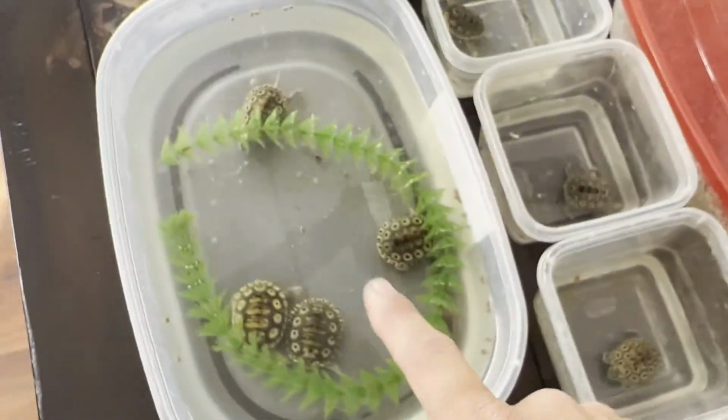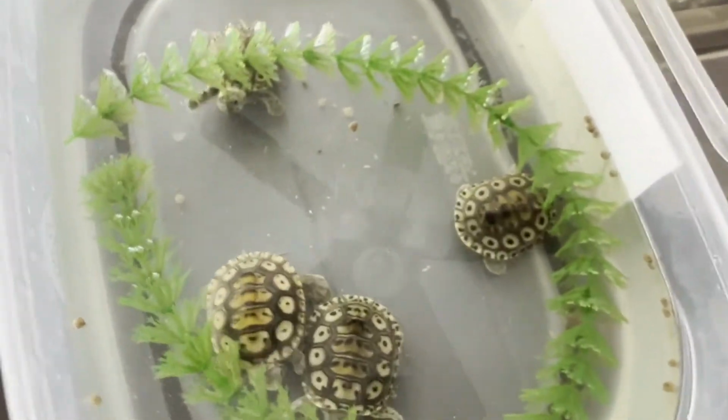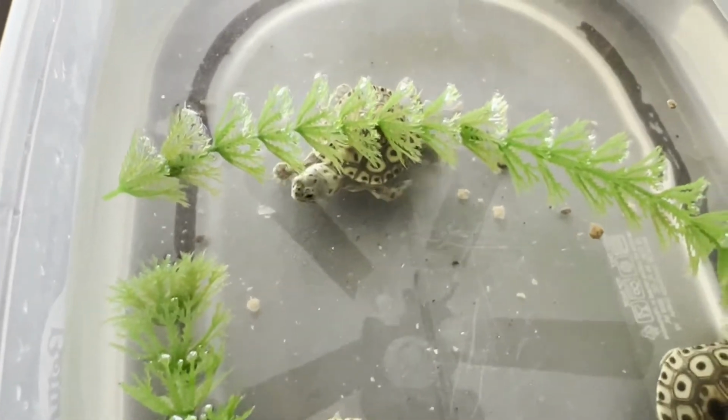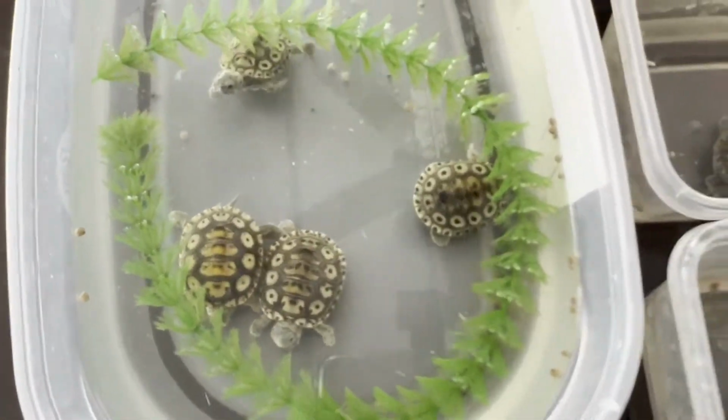But it looks like we're getting really close to needing an actual enclosure for these little babies. So stay tuned as we make that. We're going to be making that pretty soon here, I'd say in this next week or so, easily. So we'll keep you guys posted on